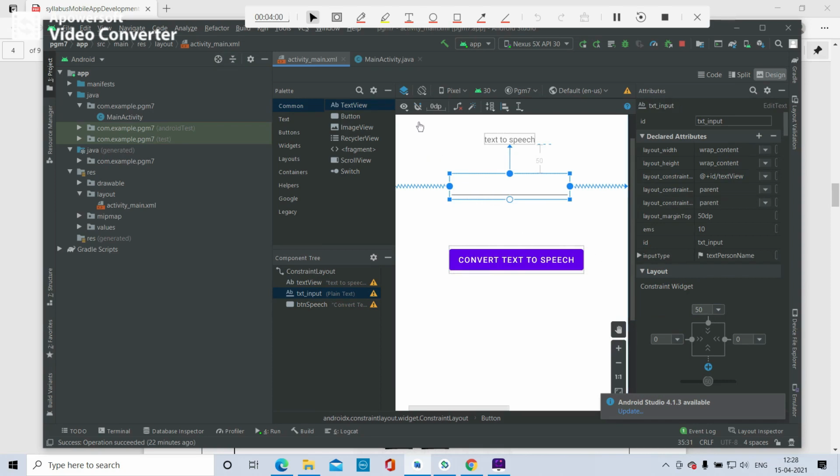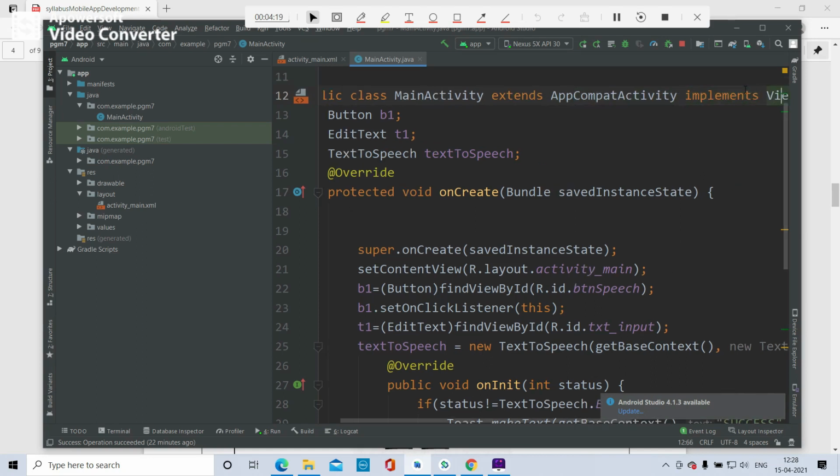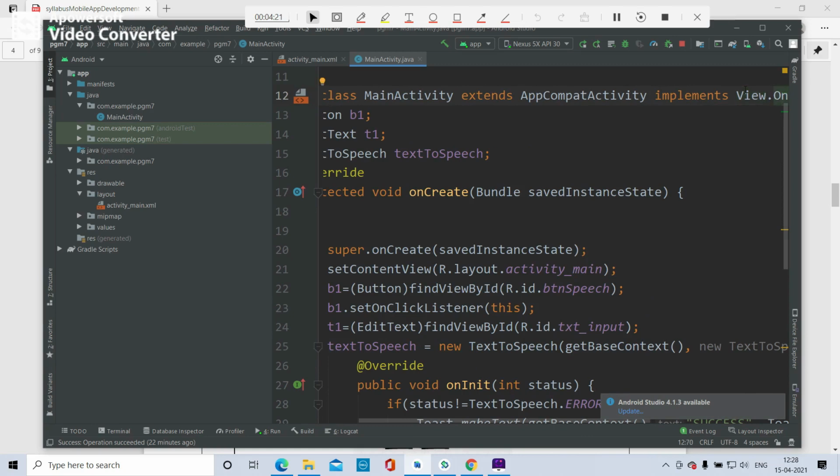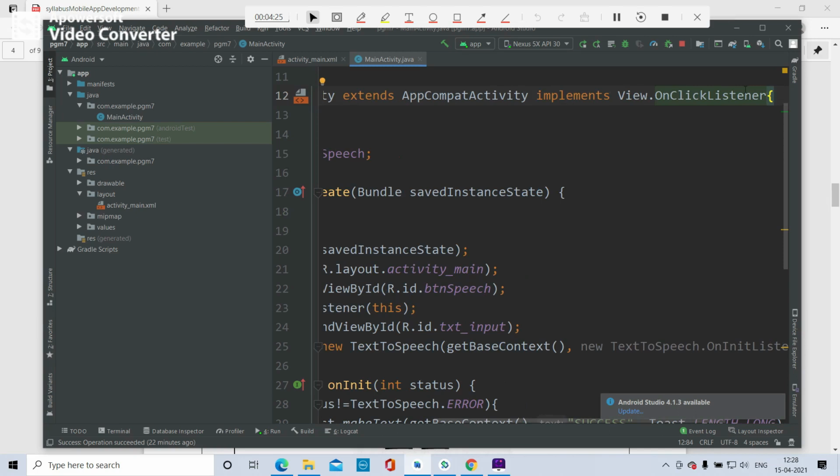Now if you go to MainActivity.java, how to code: this code will be automatically displayed in the main activity, but you have to type implements View.OnClickListener.